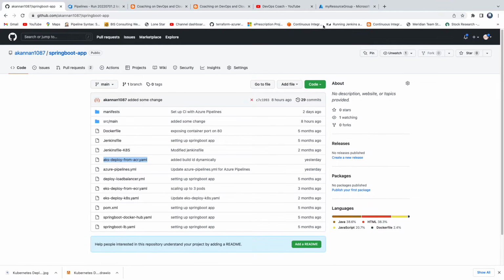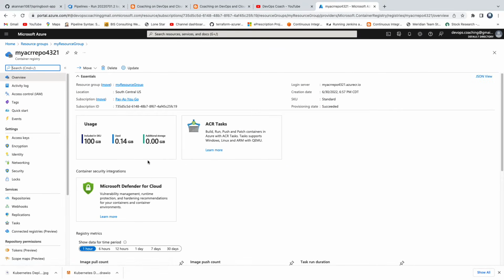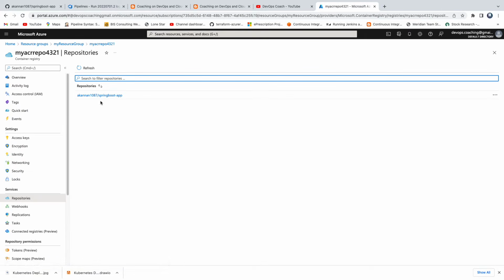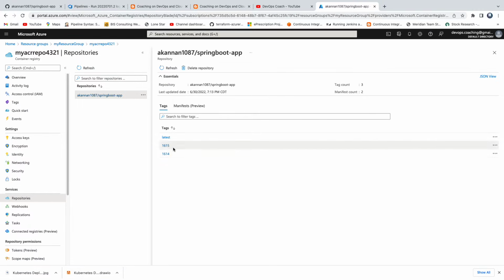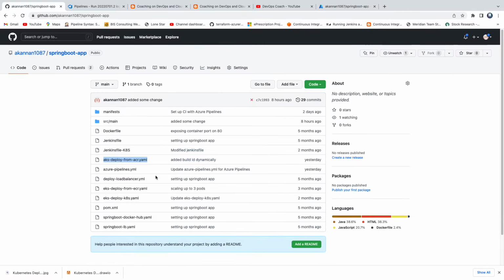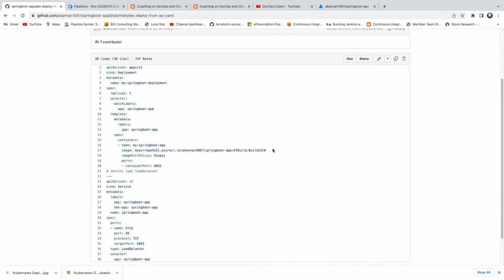So if you go back to our ACR, the way we are doing it, look here. We are tagging the Docker image with the build ID. And if you look at the Kubernetes manifest file, we are doing that as well. Whatever the build ID is, it has been tagged from the Azure Build pipeline, and during the release pipeline, it is going to pick this up and replace the build ID dynamically